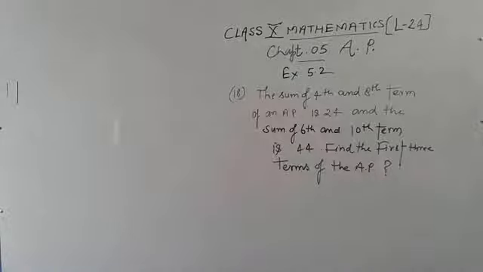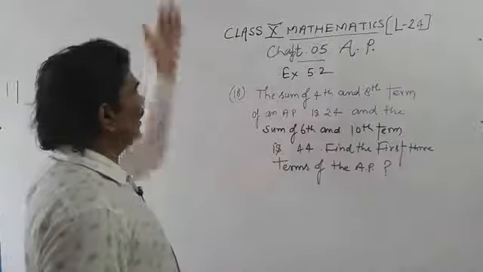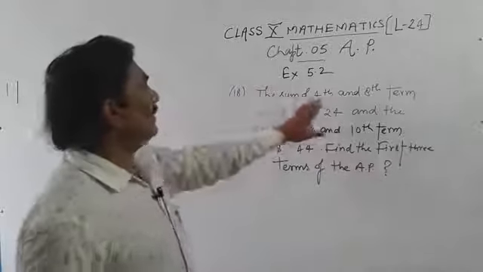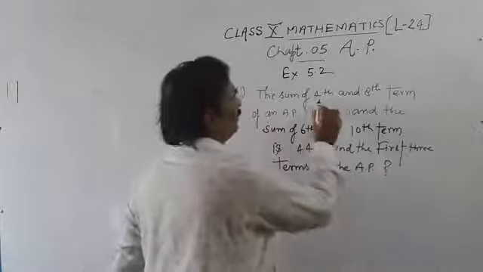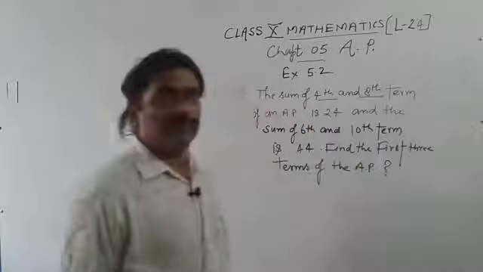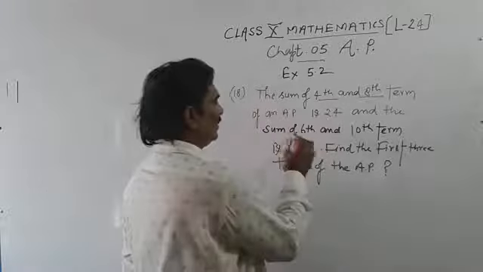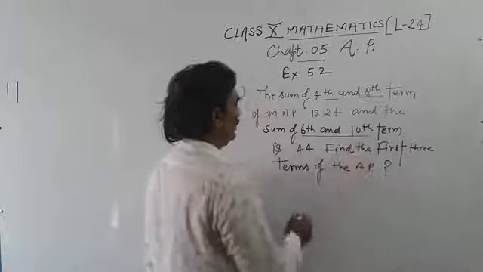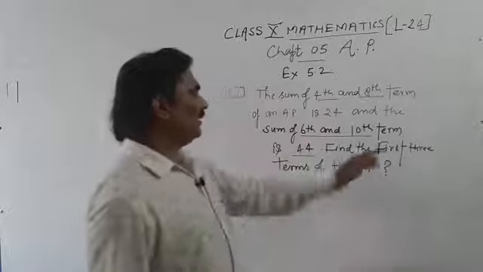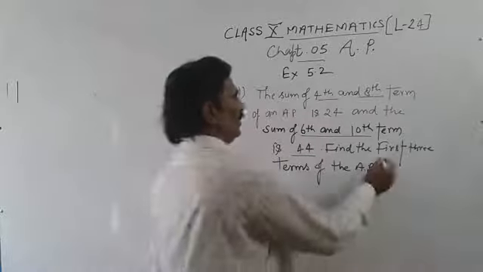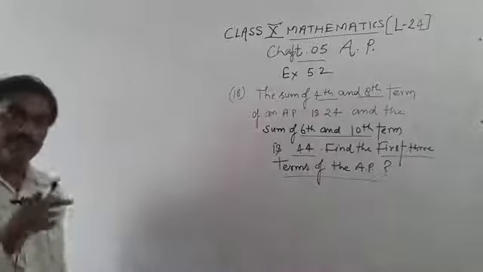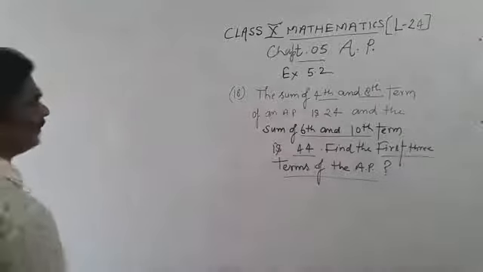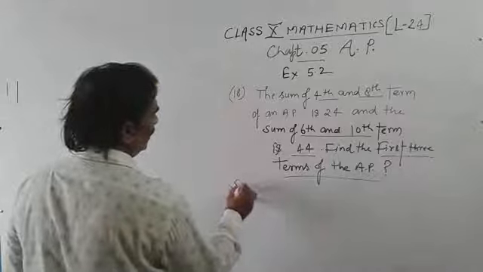So students, here we are in question number 18. The sum of the 4th and 8th term of an AP is 24, and the sum of the 6th and 10th term is 44. Find the first 3 terms of the AP. So students, first of all we find the AP, then the first 3 terms of the AP. So here in the solution